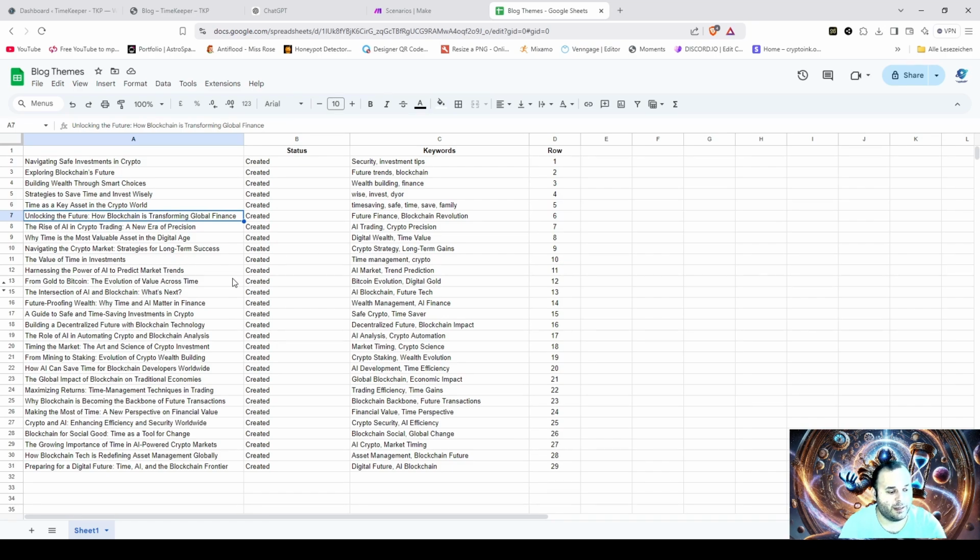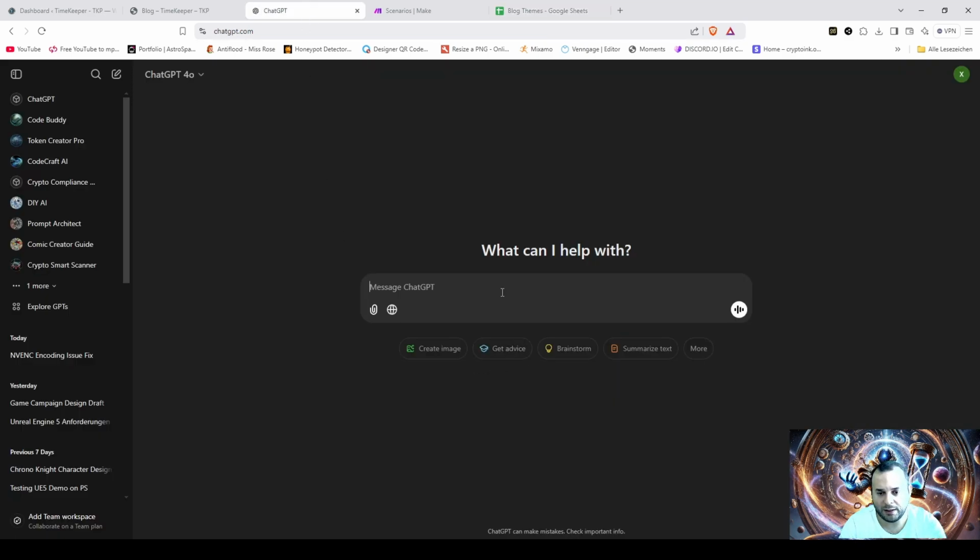In this case, alright, we go to ChatGPT and write to him. Also to mention, because I have this paid version, and as you know, the newest thing with GPT is that he can remember your writings from before, so he already knows almost everything about TKP and Chrononite. So in this case I will write: write me for my Google Sheet